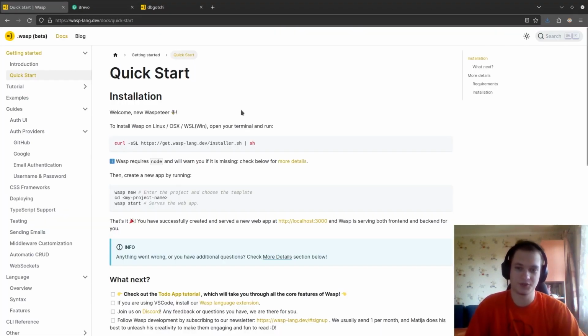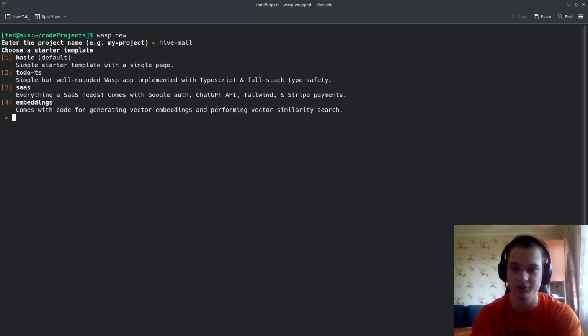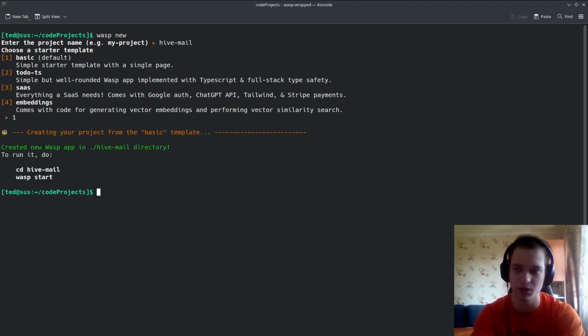First we need to install Wasp. You can do it on these systems by running this command. Notice if you're on Windows, you need Windows Subsystem for Linux at this moment. Now that Wasp is installed, we can write wasp new. Let's call this Hive Mail, and we have a few templates to choose from. Let's choose the basic one,